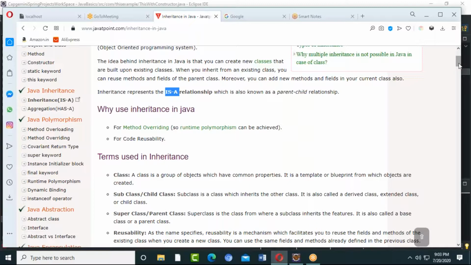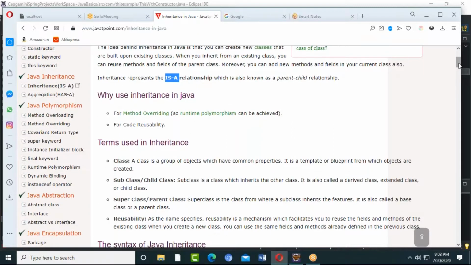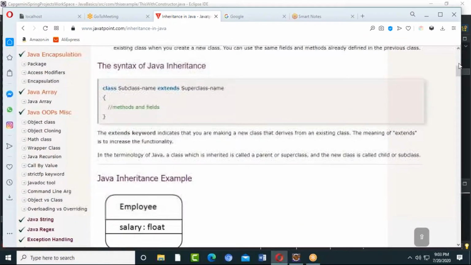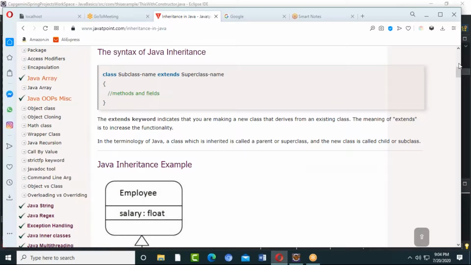So here you're making it a friend. When you say a friend, it will give you whatever required things. You're going to make an easier relationship. That means you're going to extend that. I don't want to modify the existing one, but I want the existing one and I would also like to add a new functionality to the existing class. But that one I cannot modify. The existing one I can only use.